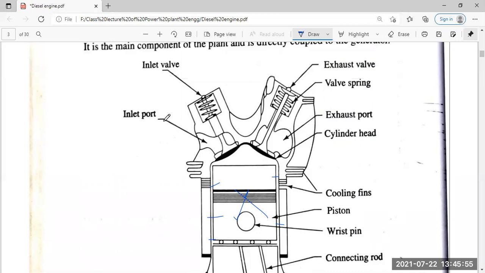It's the inlet valve, and this is the inlet port itself. The valve opens from this cavity. This is the cavity where the valve sits, and it opens from the seats. It opens, and through the inlet port, the air starts coming in. And this is the exhaust valve, and this is the valve spring, and this is the exhaust port.